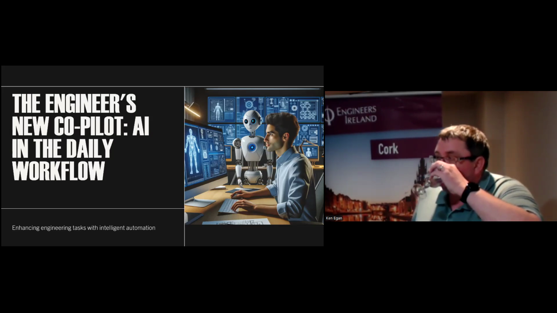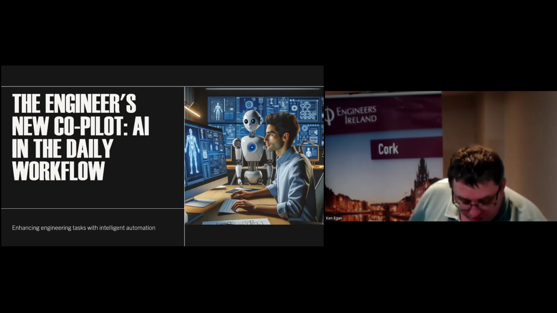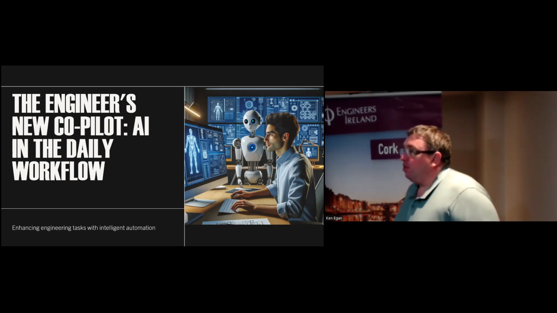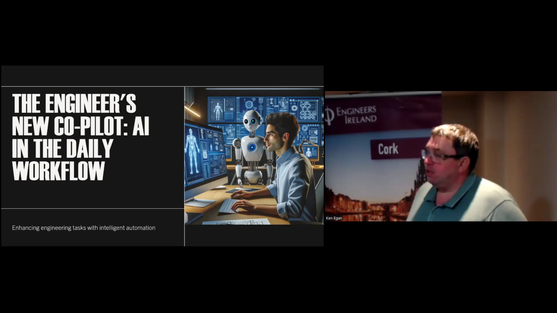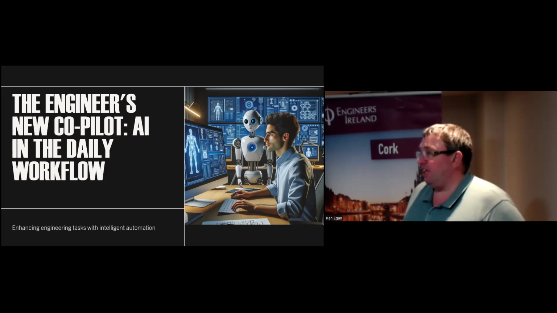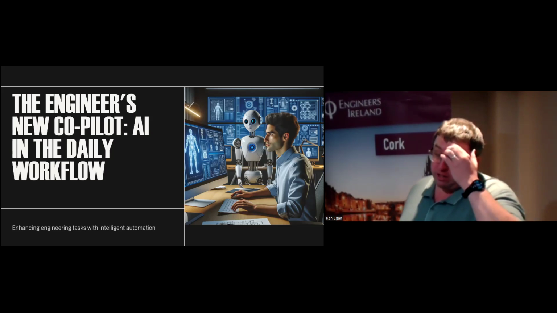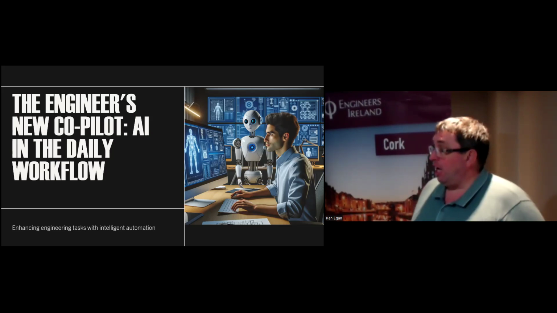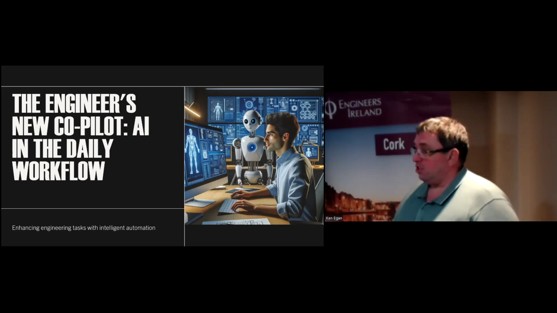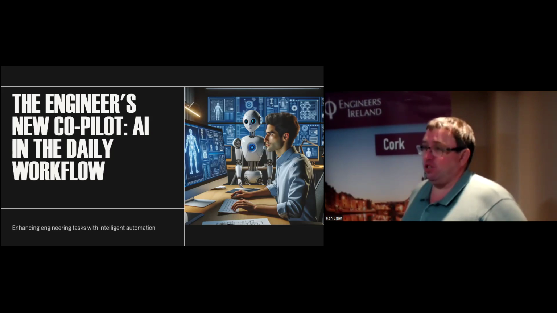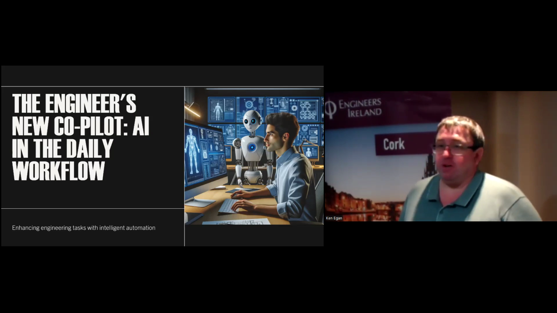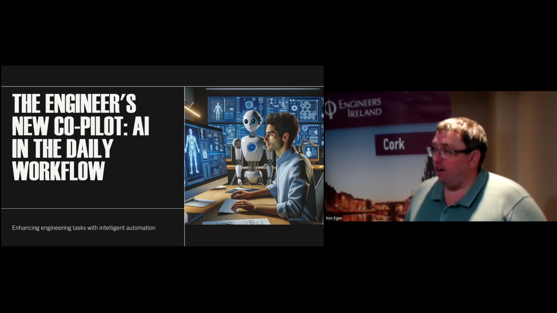The second question here: is there any scheduling software like Project or Primavera that works with AI? I haven't seen anything that really works with AI at the moment. The best one of the whole lot is Gemini, where it can take images. So you export it from your scheduling software, put it in there, and ask it to interpret and see what it sees from it. Outside of that, I don't know at the moment.